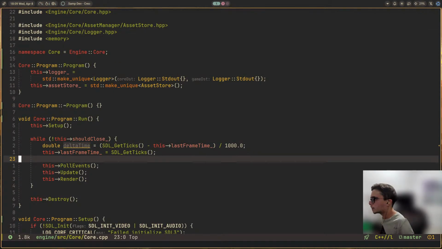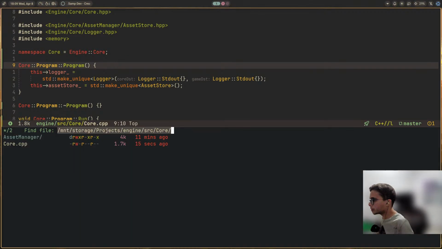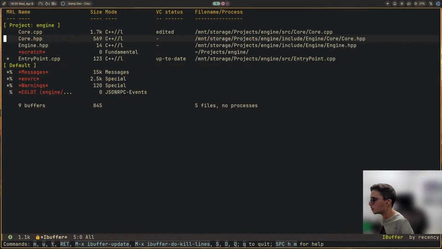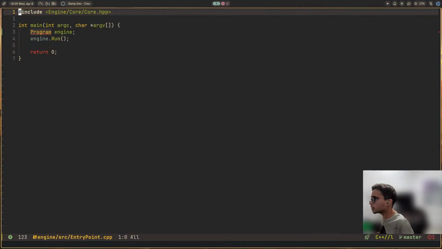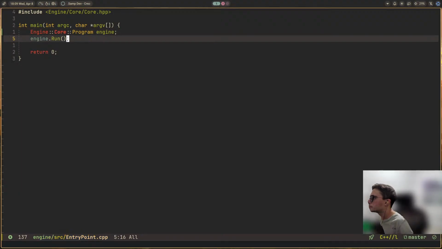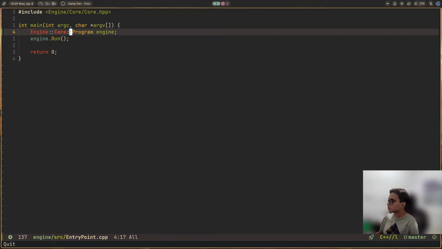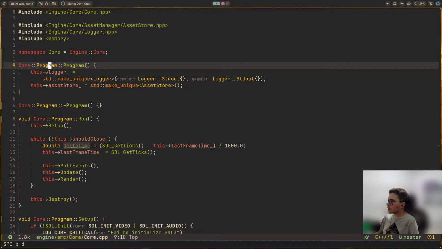Great. And now we have to change the other spots, like, I think I closed it. No, it's here. Here it will be engine scope operator core scope operator program. Great. Now I also need